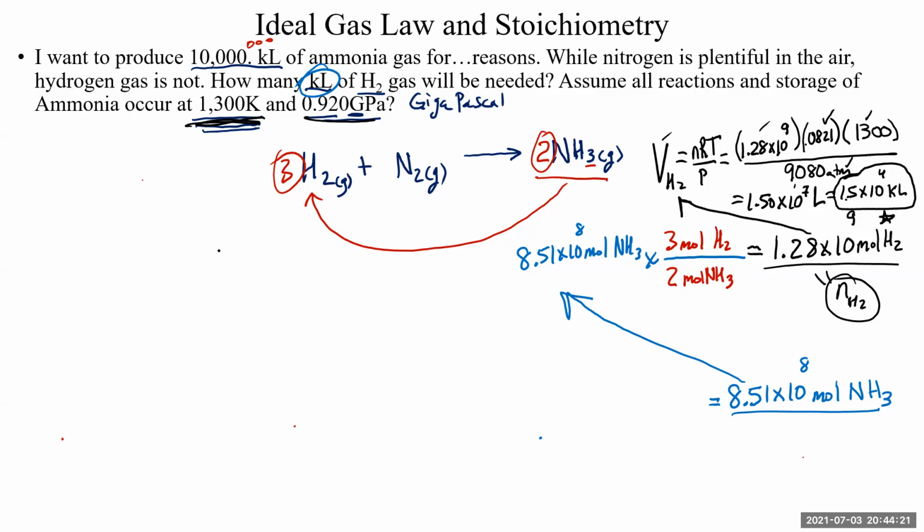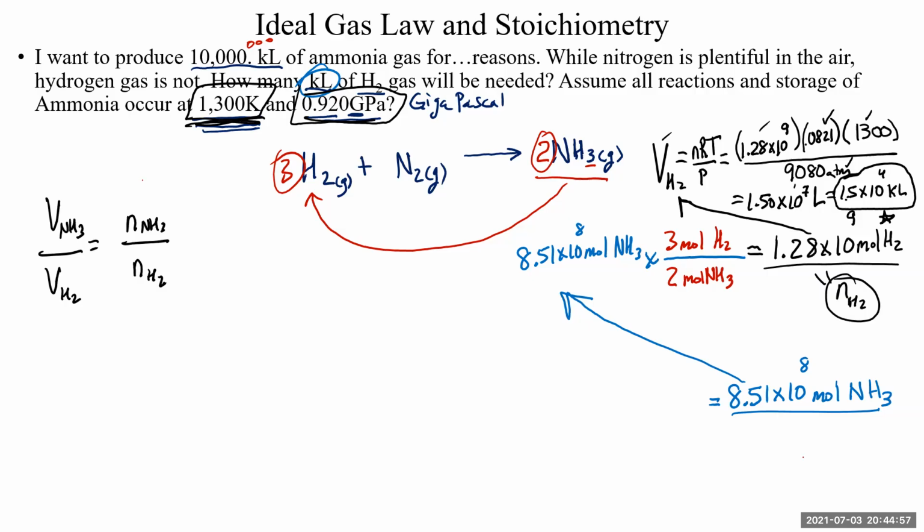So Avogadro's law would have told us this: the volume of gases and moles of gases have ratios that are exactly the same, as long as they're under the same conditions of pressure and temperature. Well, we are under the same conditions of pressure and temperature. We kept those constant. So the volume of ammonia as a ratio to the volume of hydrogen exactly equals the moles of ammonia to the moles of hydrogen. These two ratios, not the absolute numbers, but the ratios, are exactly the same.